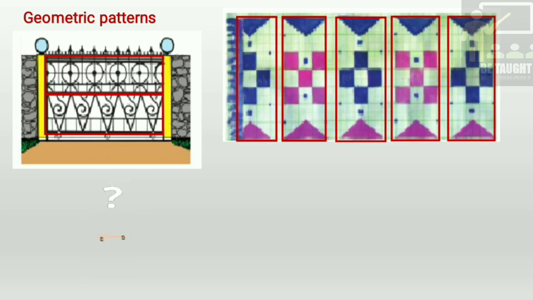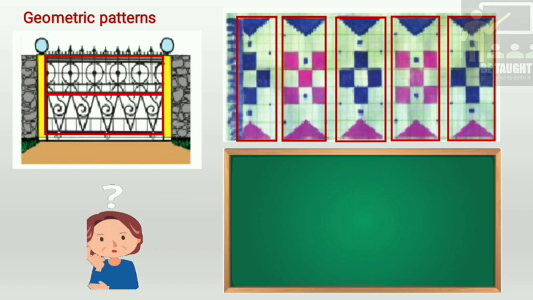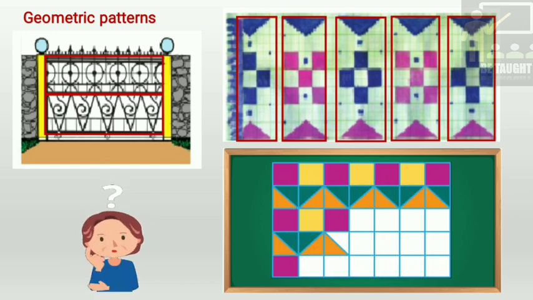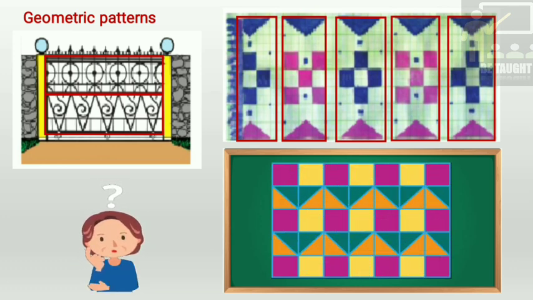Now let us solve this. A pattern is given which is not completed, and the child has to complete the pattern. So how will the child do it? Using the different geometric patterns. Yes, so it will complete it using the remaining patterns which are there already in the design. Like where triangles are there, it will fill in the triangles. Where the square is there, it will fill in the square, and the color and the design will be repeated over and over again.